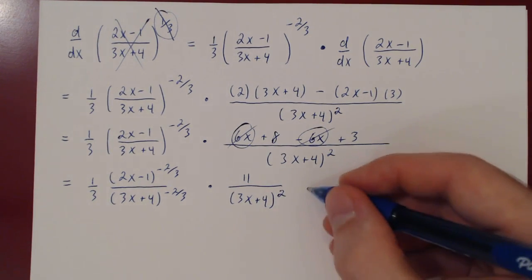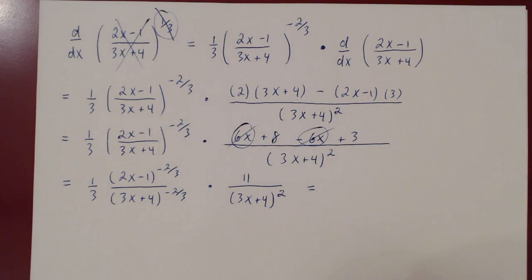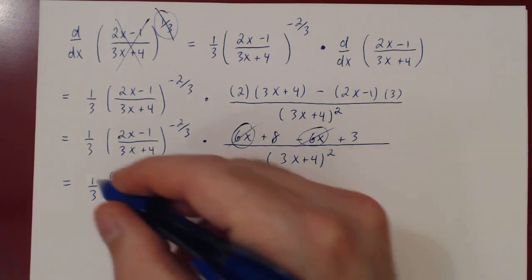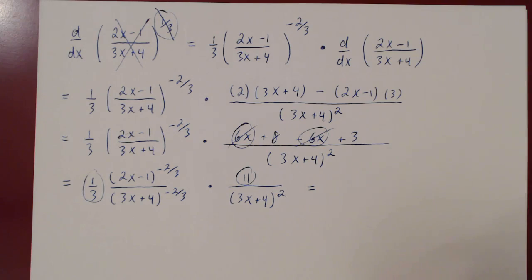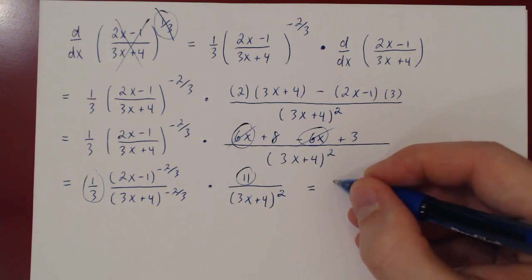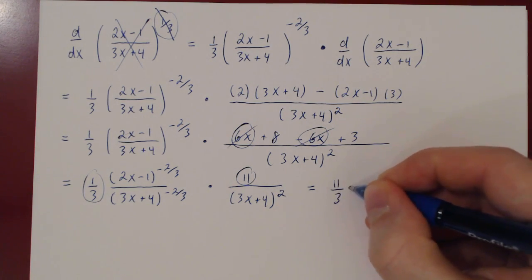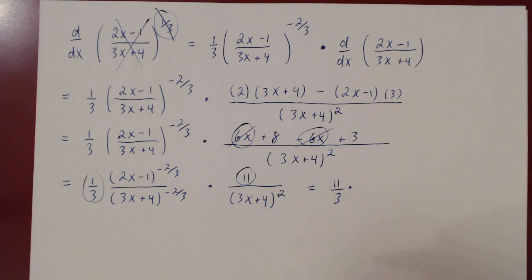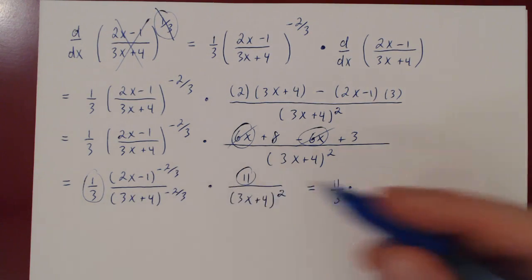And now let's combine. If we put the 11 over 3 up front as a constant multiple, we'll have 11 over 3 times 2x minus 1 to the negative 2/3